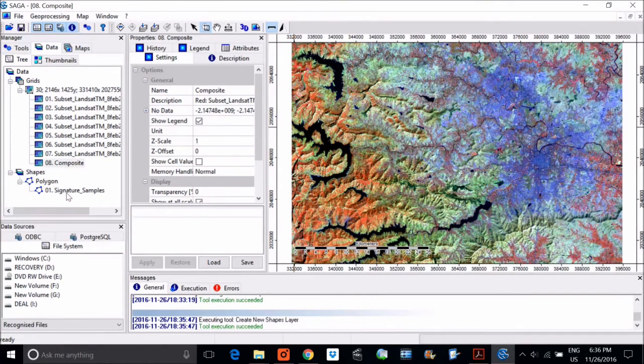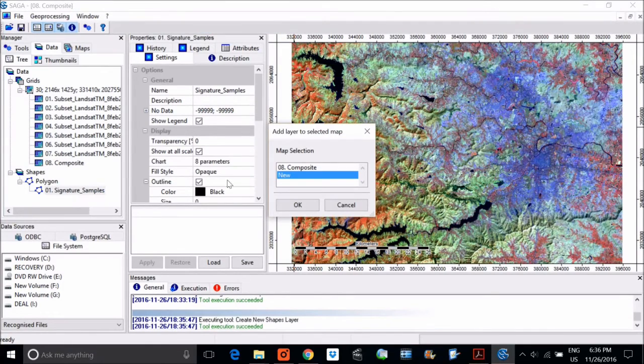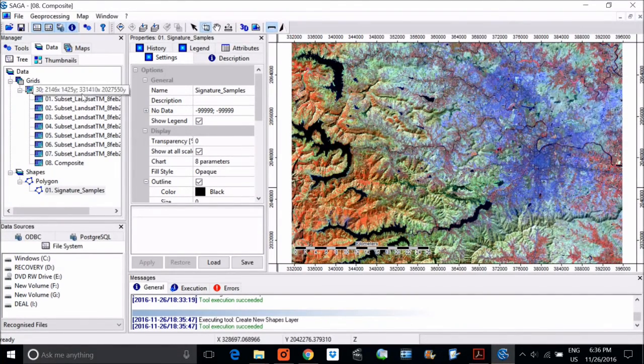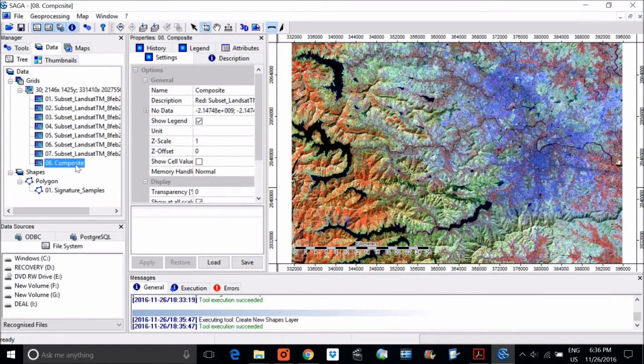So add this polygon layer to the map on which you would like to create the sample polygon by double clicking on this shapefile, and now you can select 452, or this composite, right? Actually, we have only one composite, so there is no point in renaming it, but still, because the tutorial is saying so, we'll make it 452.